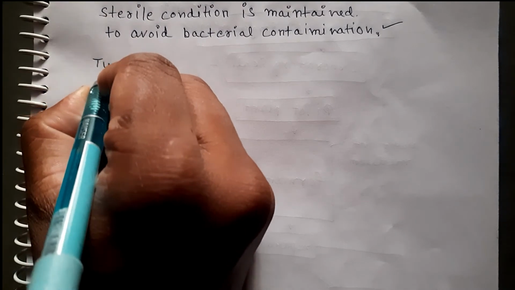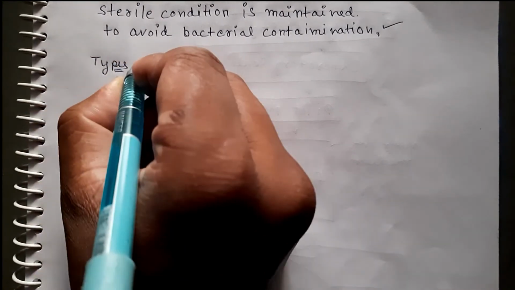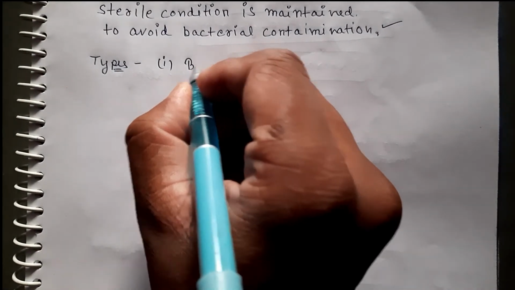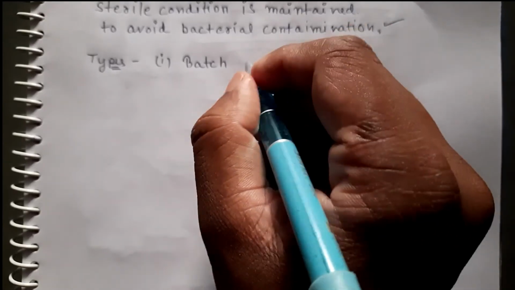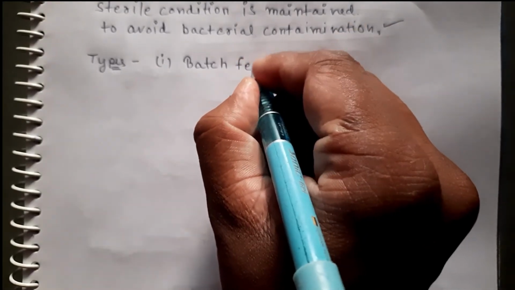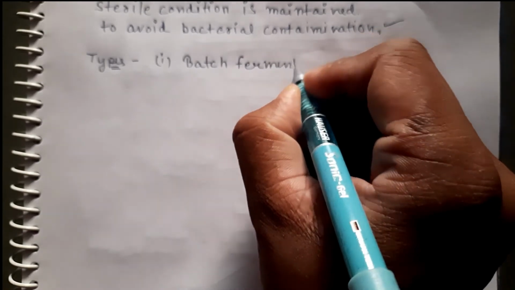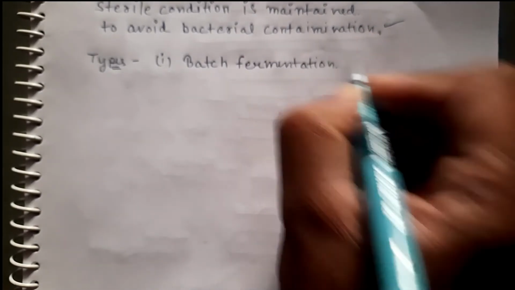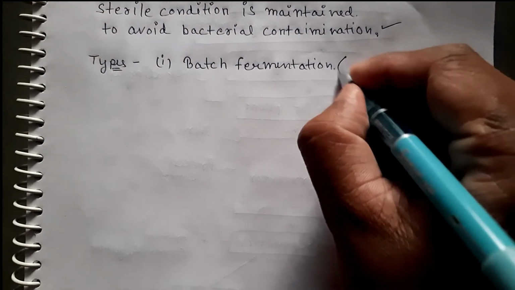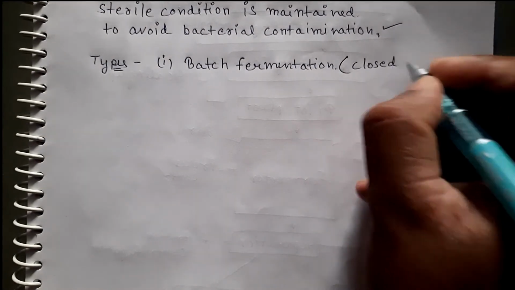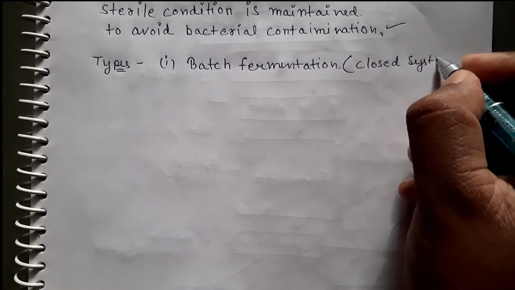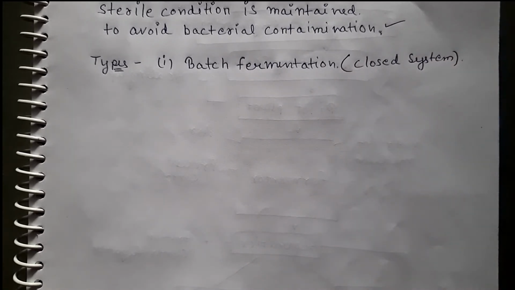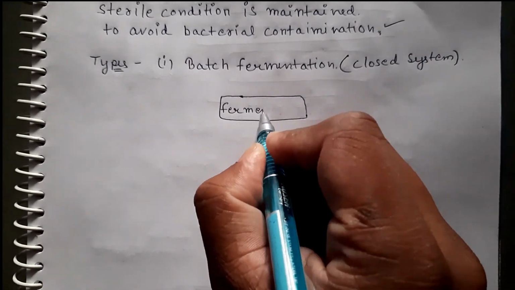Now we are going to study the types of fermenters, that means two types of fermentation occur. First is batch fermentation. Batch fermentation is also called closed fermentation because once the fermentation has started, no other activity occurs on the fermenter. That means we do not add fresh medium, nothing extra is added to that fermenter. When the process completes in the batch fermenter, the complete medium is taken out, separated and the desired product is obtained, and the fermenter is again ready for new medium.